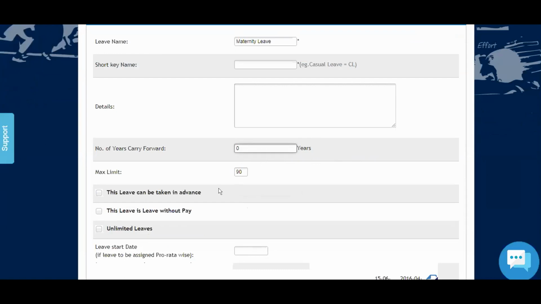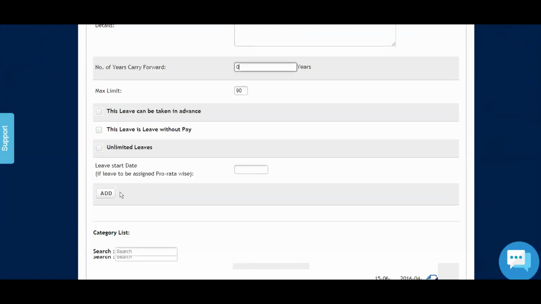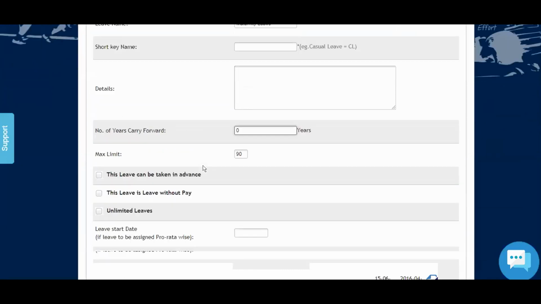So session 1 to session 2 is for if there's a requirement for half day. In schools they have a requirement for a few months. If we want to add months, how can we? So you have to define it in days here. Here you can define days. How many days do you want that holiday for?